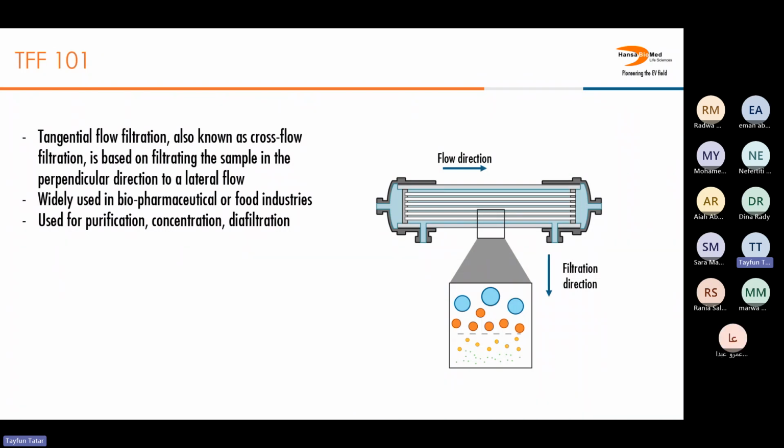Tangential flow filtration is an ultrafiltration method. So it is a size-based method, which is also known as cross-flow filtration. It basically filtrates the samples in the perpendicular direction to a laminar flow, as you can also see in the illustration on the right. So whereas the flow direction is from left to right or from right to left,